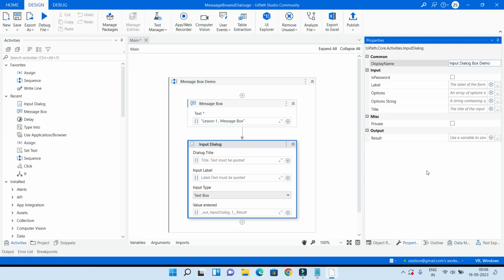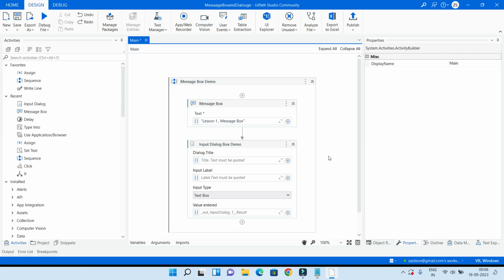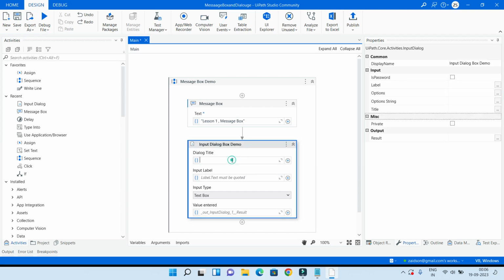So once you give the name, just click here. Here is this part, so the name will reflect here. This is the input dialog box. Input means you can enter some value, and it will take the value. So now,